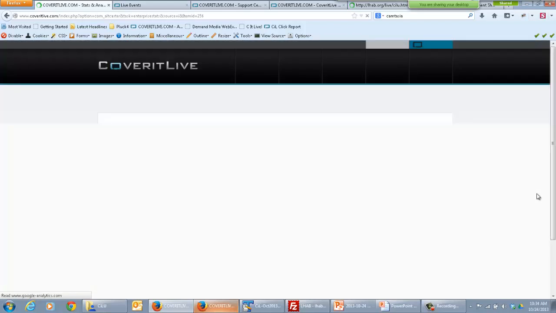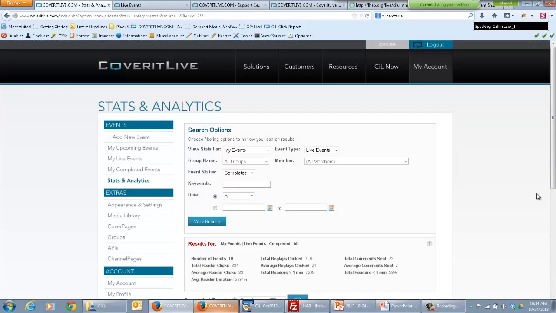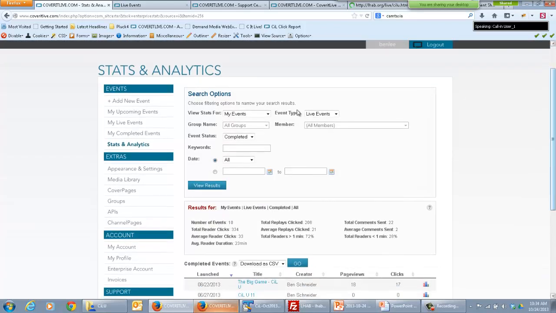But one of the last and probably most beneficial things for using groups is that you can now also look at stats and analytic data based on the group. So once you have groups set up, you'll notice that whenever you come to the stats and analytics page, by default you're viewing stats for your events. You can look across your entire enterprise account, or you can also select group events. So now I can select groups, and then once done that, I can pull in any one of the groups that I've created,